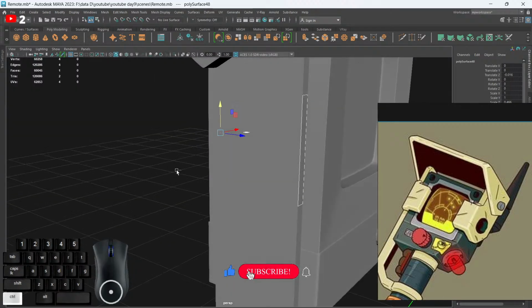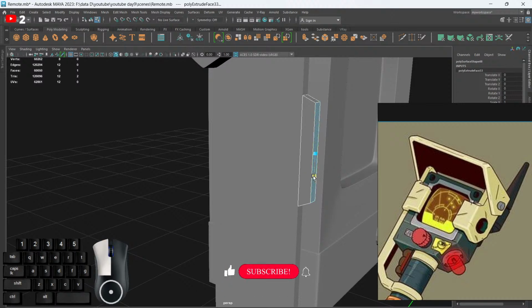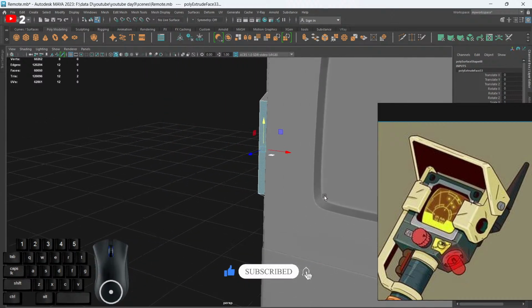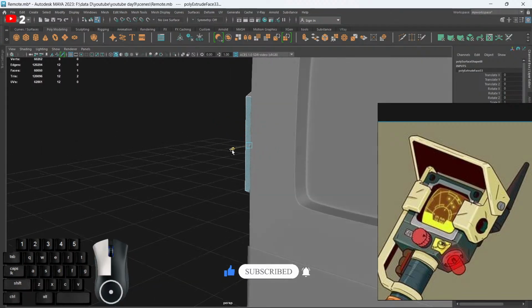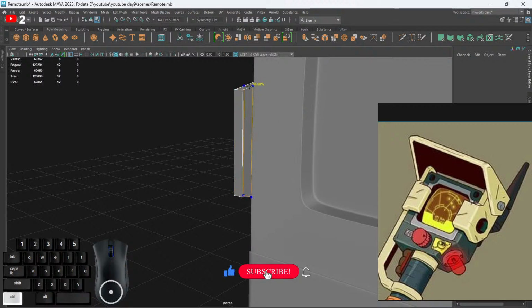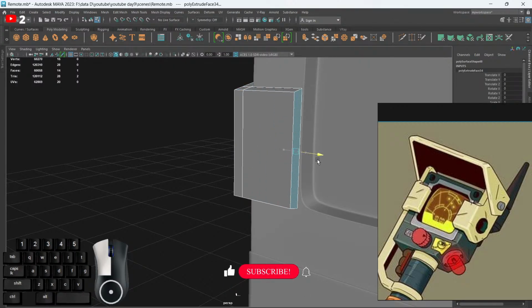So Control E, move this like this, then scale it like this. So something over here, yeah, and now we would add an edge loop over here,